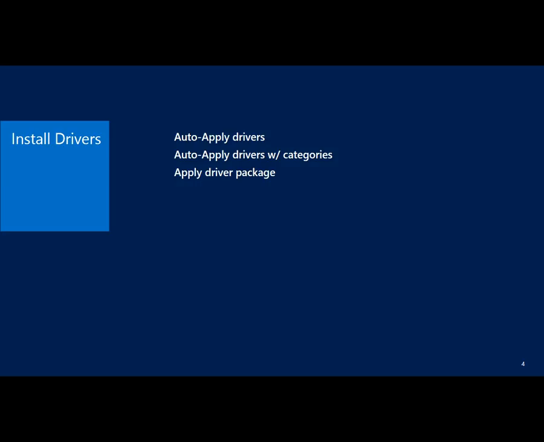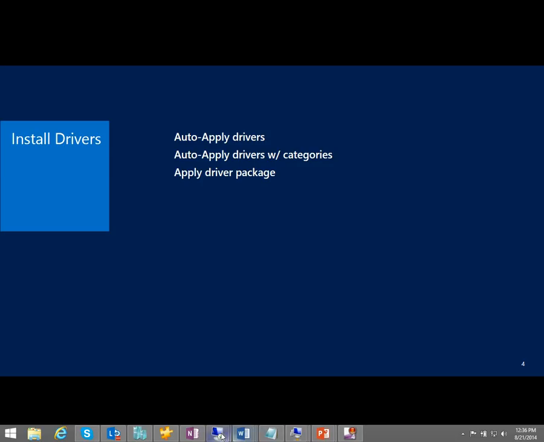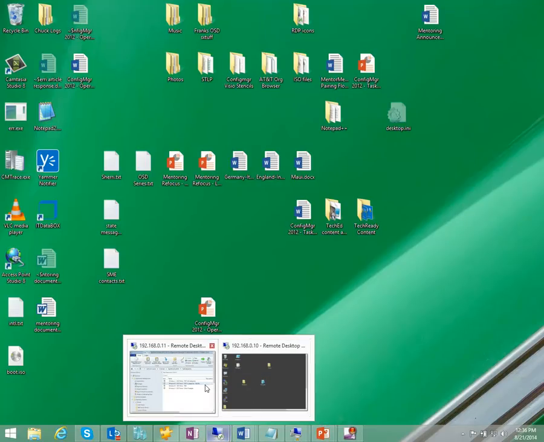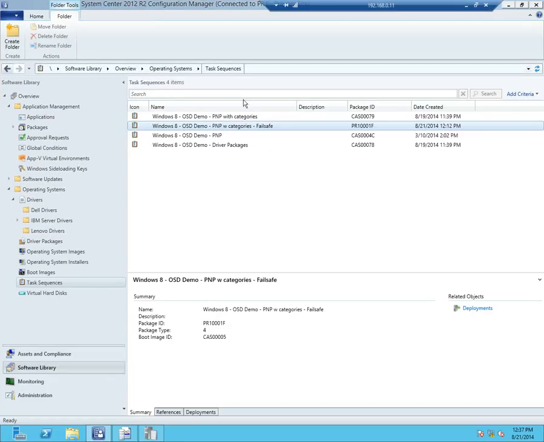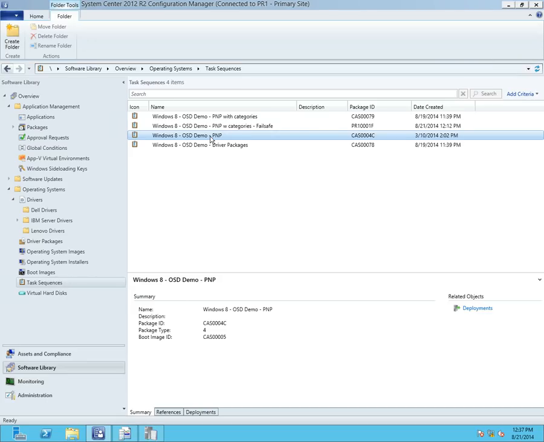All right, so for the first one, auto-apply drivers. Let me pull in my lab environment. Let me go get the right one. Oops, there we go. So I'm going to shift to my primary site for this. There, that's the machine I want. So here I have a few demo task sequences that I put together. The first one is just the